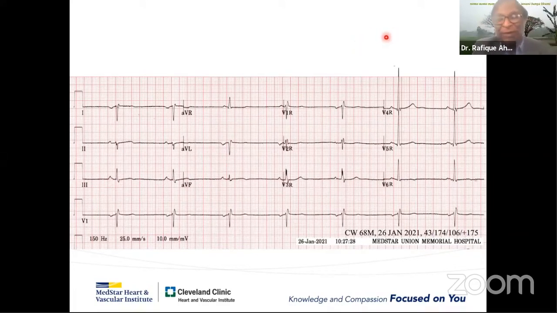The question is, when the technician did this ECG, she asked me this question. But I told her not to do that. Because if we change the lead, are you going to change the leg leads also? And once you do that, you will have no clue at all. So if I change right arm, left arm, right leg, left leg, this ECG would be totally normal. It will look like a normal ECG. You will have no clue at all.